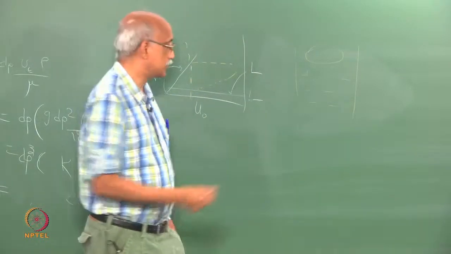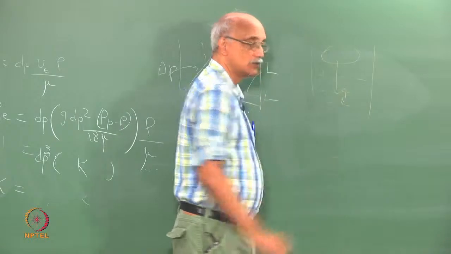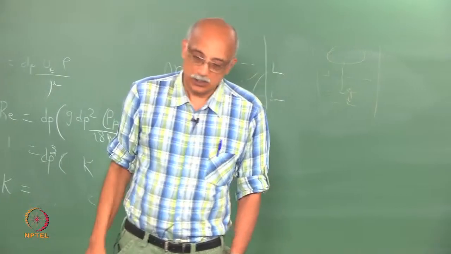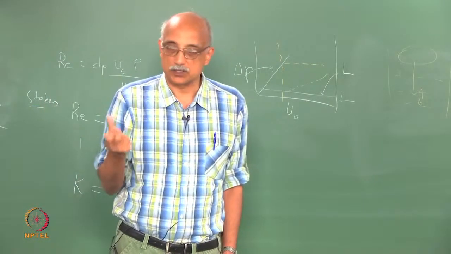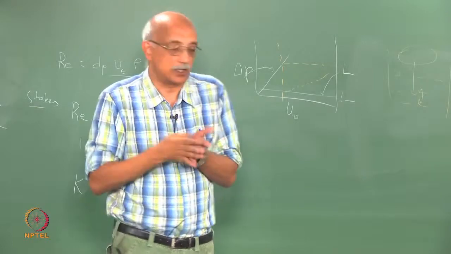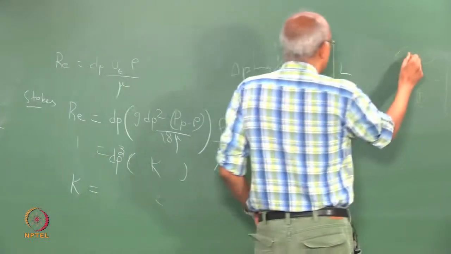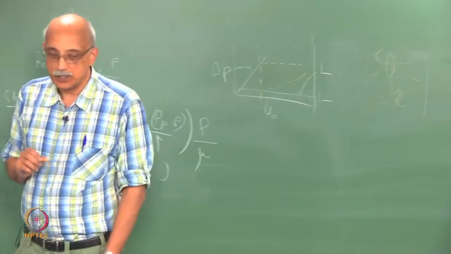For example, if it is something that is just falling due to gravitational force, initially you may have a spherical droplet which will be falling with a certain velocity, but if it keeps getting compressed and it assumes, say, an ellipsoid shape, and the teardrop shape as they call it,